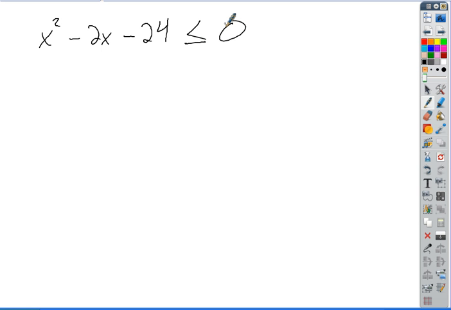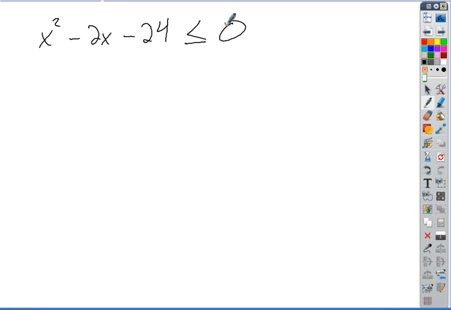Okay, now that's a little different proposition. That time, we don't have two variables there. We're not trying to graph this thing. We're trying to solve for the values of x that make it true. Okay, this one can be a little tricky. There's different ways you can look at this, but I'm pretty convinced that the easiest way to do this is